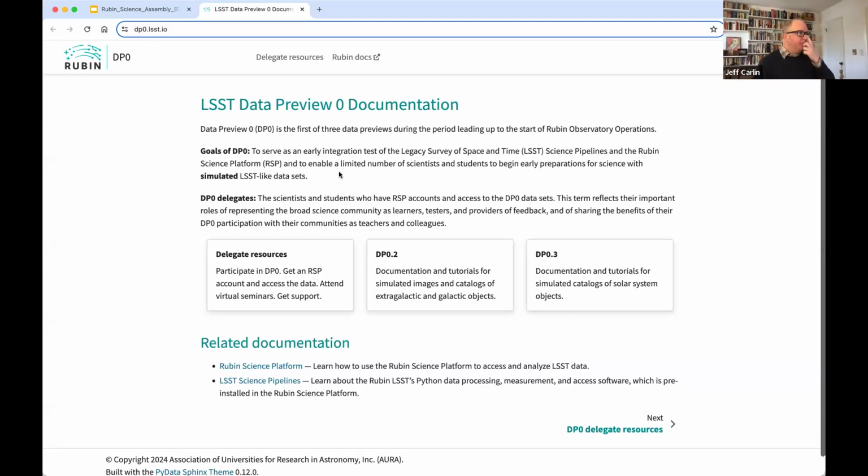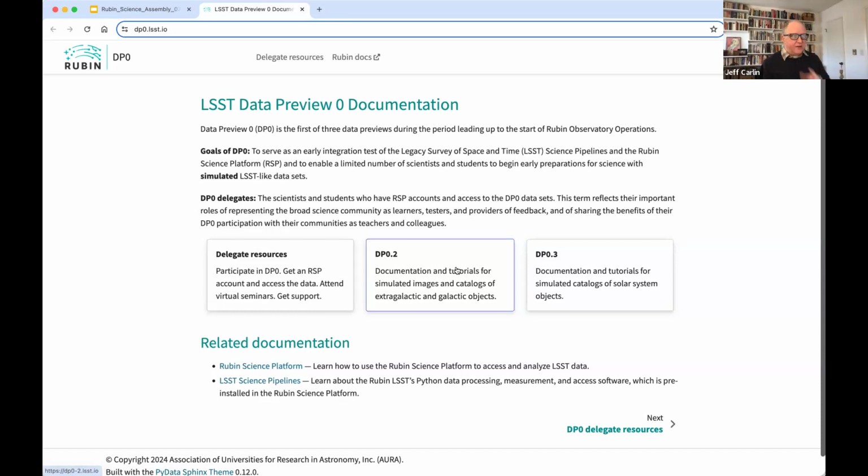So you'll see here there's three branches that you can take once you get here. There's the main set of resources for you, the delegates. And then there are separate sites for Data Preview 0.2 and 0.3.